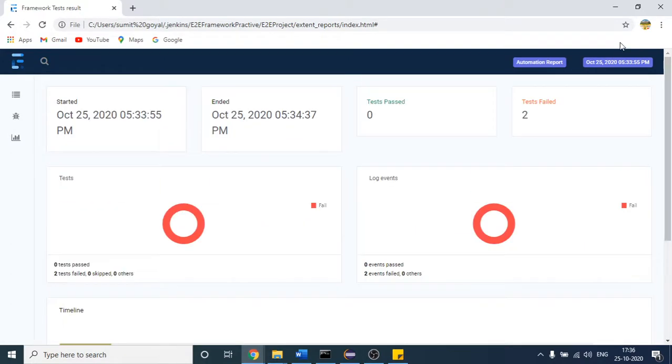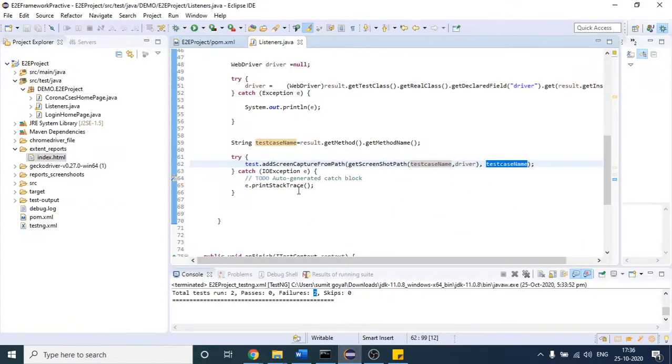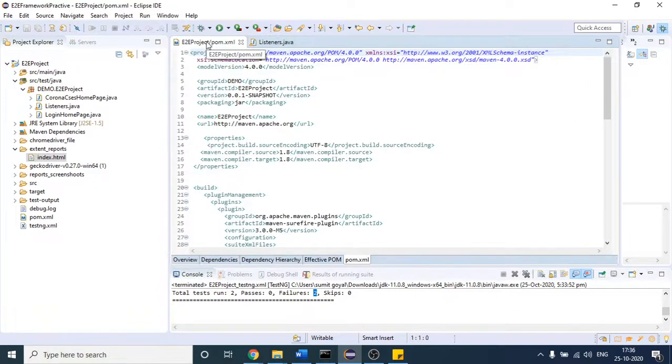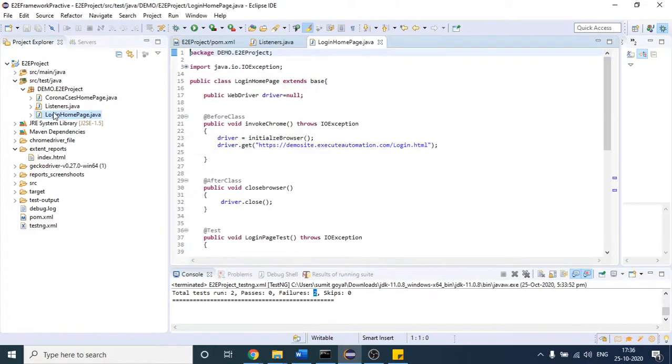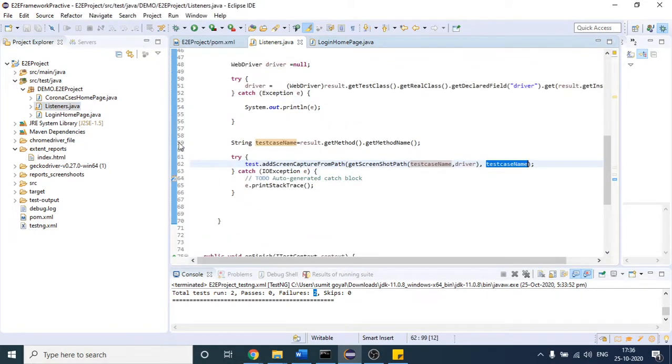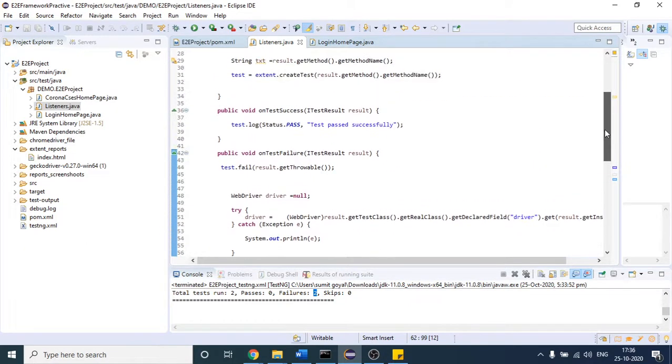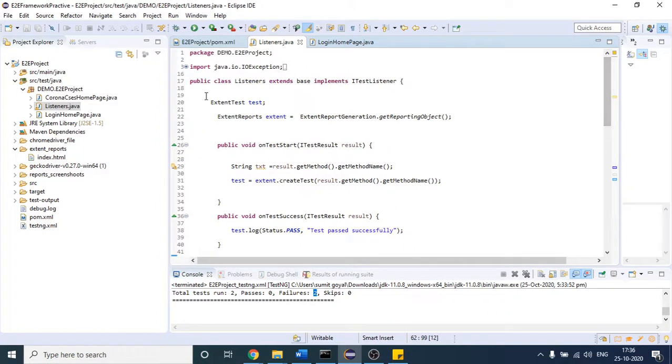Let us first do one thing with the code we have written till now. I will put some debuggers and then run it in debug mode so that you will be able to understand how the program flow works. So put one at the beginning, put one here as well, and here as well.